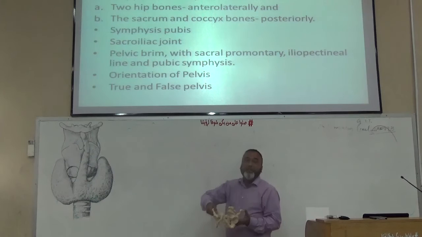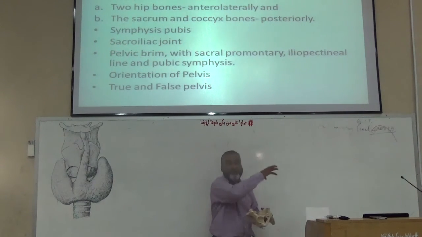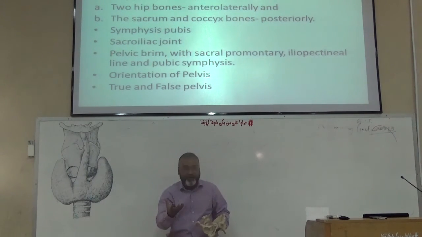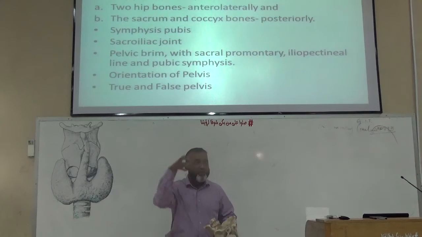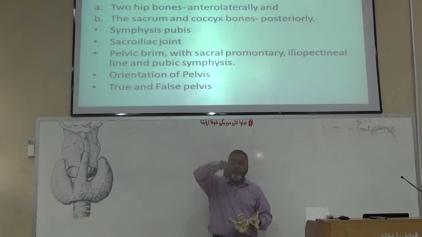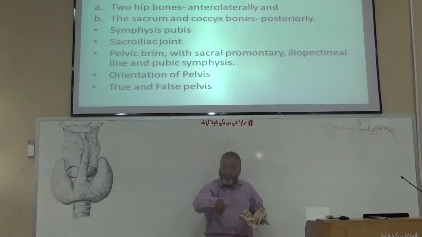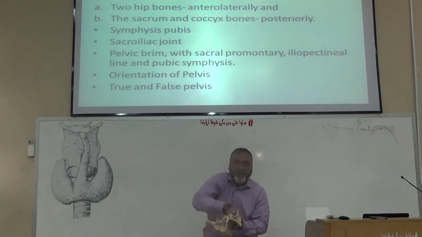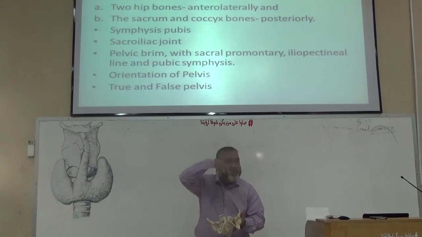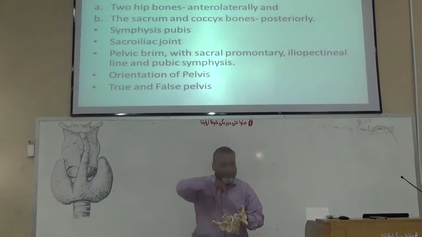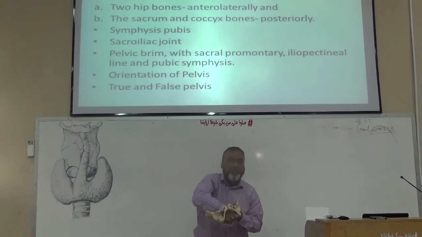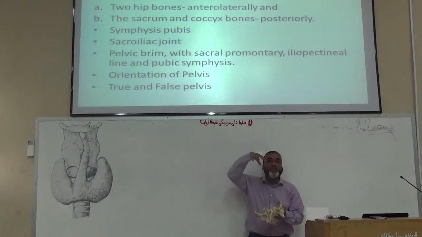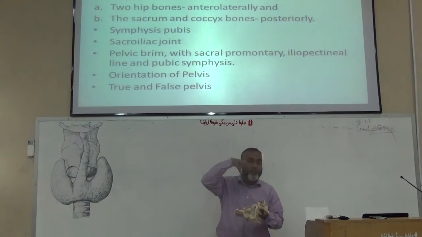Now if you ask what is the shape of this pelvis, you go in the washroom, there is an area where you wash your hands. What is this? This is the wash basin. You pour water and water goes out from the pores. So this is basin shaped. Similarly, the pelvic cavity is a basin shaped structure from where the structures come out. Is it clear? So this basin shaped structure is named the bony pelvis.